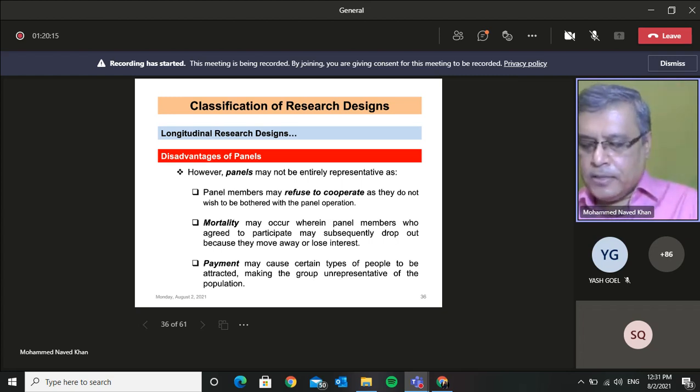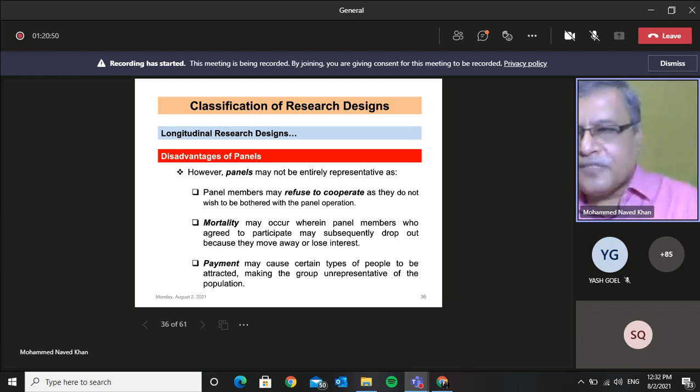So let me clarify. When we are saying longitudinal designs, first of all, let us try to recall what we have discussed initially. In case of longitudinal designs, remember the sample remains fixed. And how is it fixed? We as researchers have decided that such and such individuals will be part of the sample, and it is assumed that you have decided upon that sample using some scientific procedure, seeing to it that this fixed sample is representative of the population of interest from the point of view of your study.